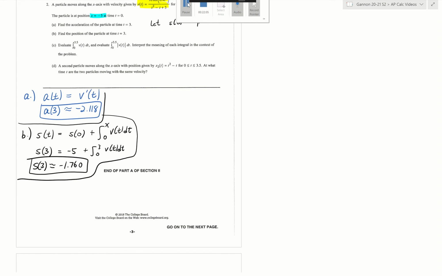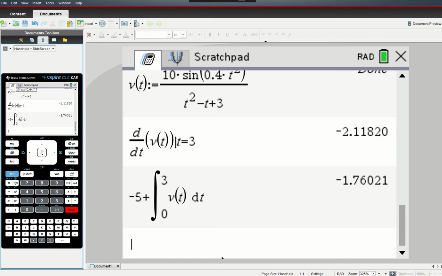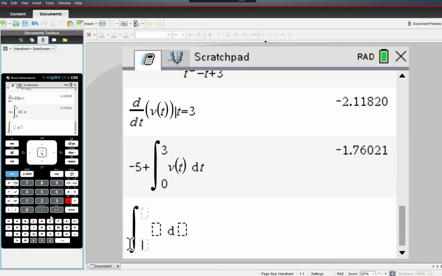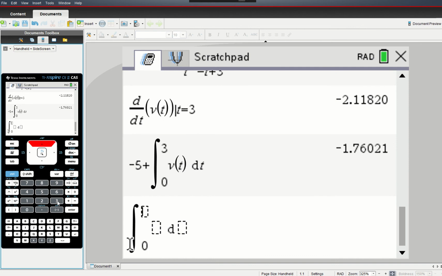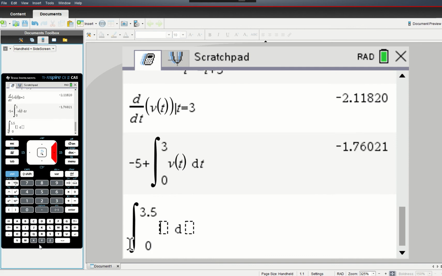All right, now for part C, it's asking us to evaluate the integral from 0 to 3.5 of v of t dt and evaluate the integral from 0 to 3.5 of the absolute value of v of t dt. Interpret the meaning of each integral in the context of this problem. So let's start with the first integral. If we integrate from 0 to 3.5 of v of t dt, we put that in our calculator. So let's go shift plus. We're going from 0 to 3.5. Again, it's v of t